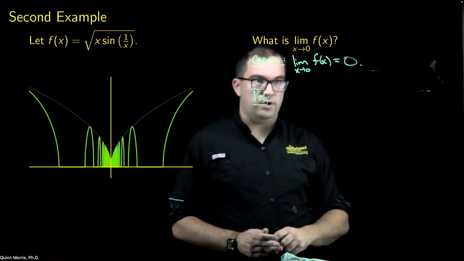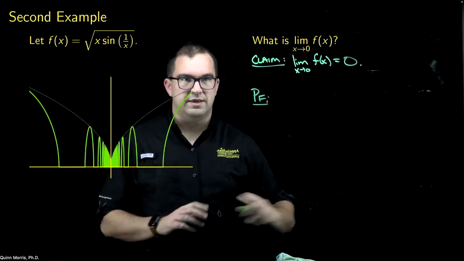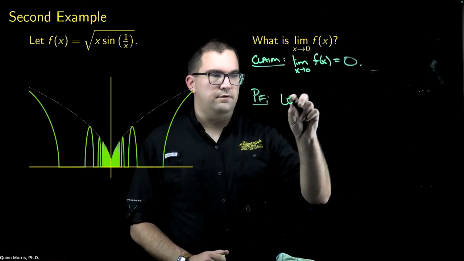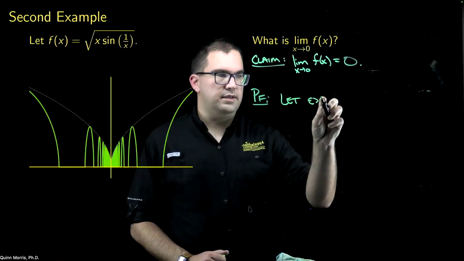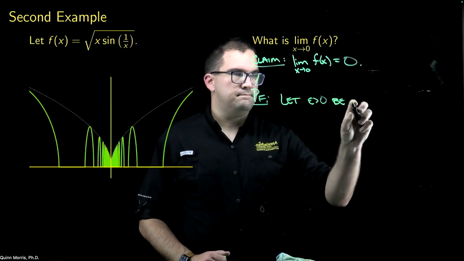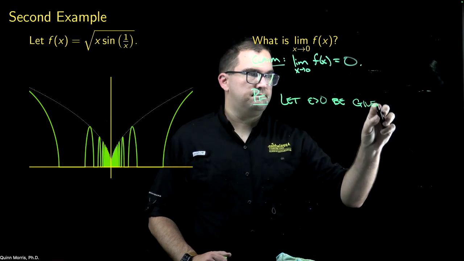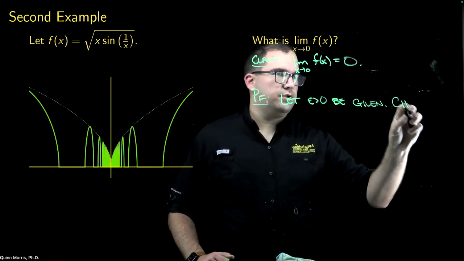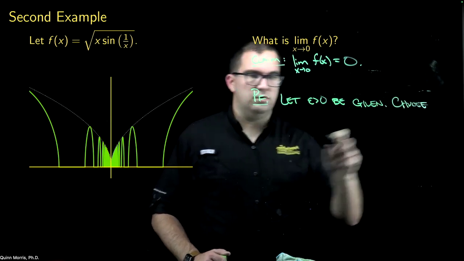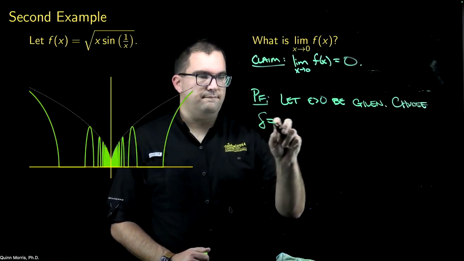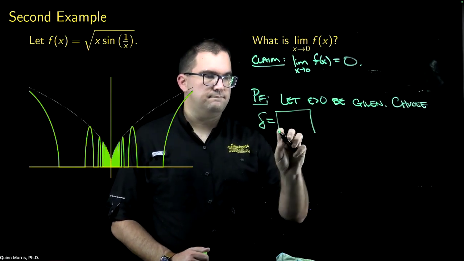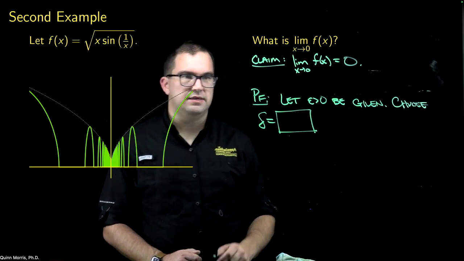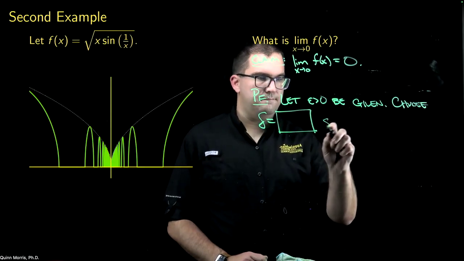Okay. So what am I going to do? Usual trick, take epsilon greater than zero. Let epsilon greater than zero be given. Now I need to choose a delta. What's delta going to be? Don't know yet. Okay, leave myself some space here so that